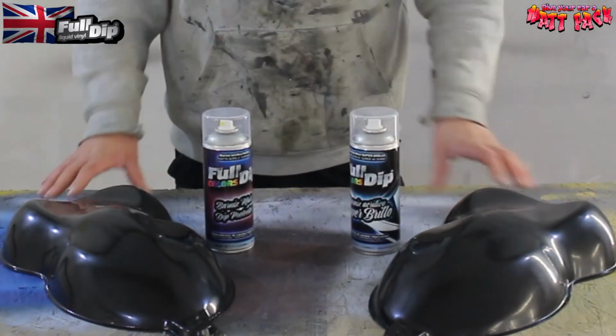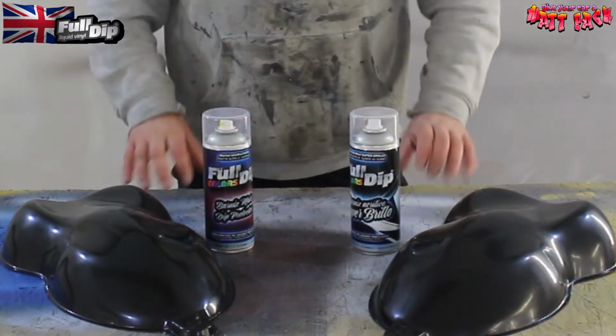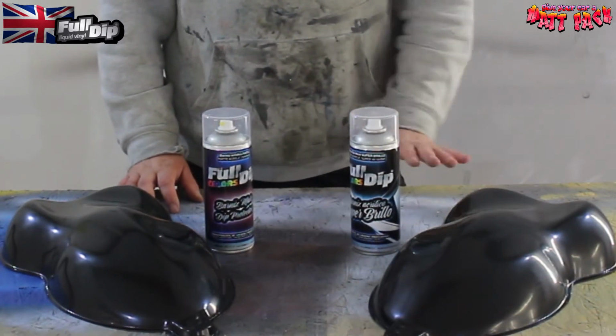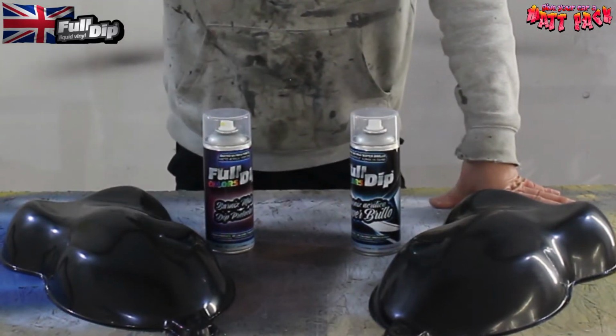Quick rundown, as you know, everything in the FullDip range is a matte finish, whether it's a black or blue or pearl or chameleon, everything. You spray it on, once it's dried and cured, it's a matte finish. Simple as that. If you wanted to make it shiny, normally you would use the glossifier, which, for many people